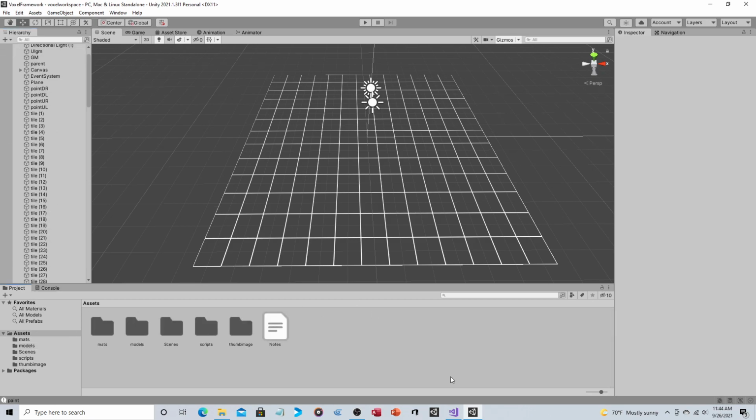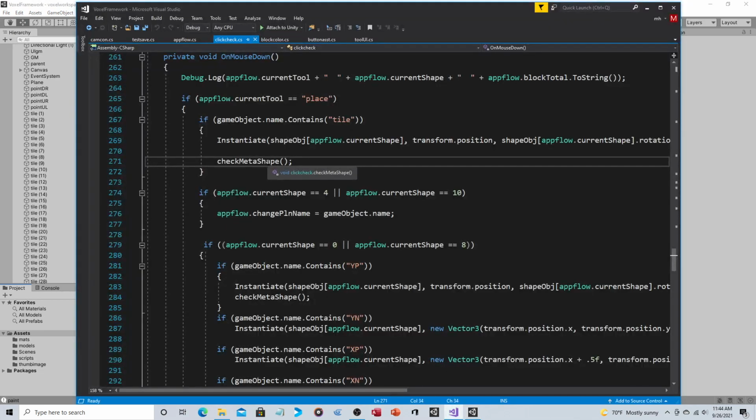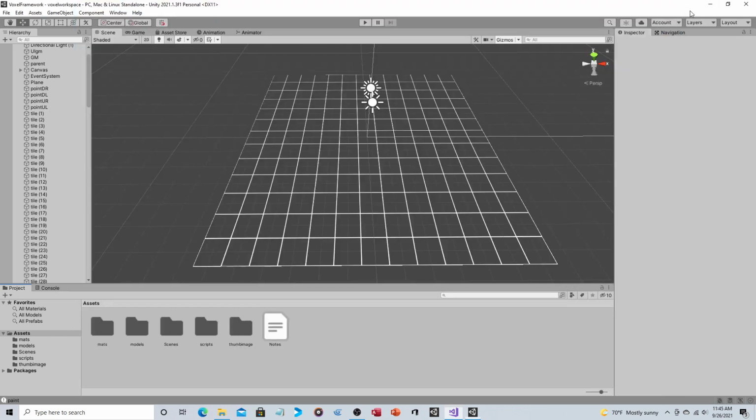Okay, so let's now click back to our script. So again, you're really not clicking on the block. You are clicking on one of the panes surrounding the block. But this is where things get a little bit more complicated. Different shapes are treated different ways. So if you look at